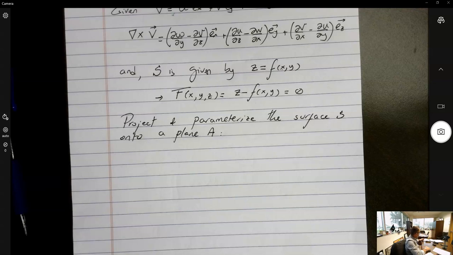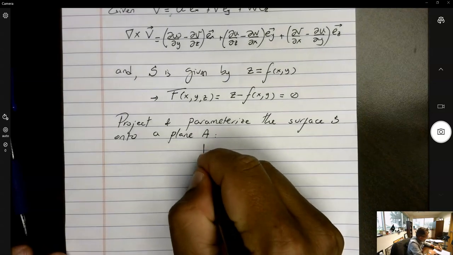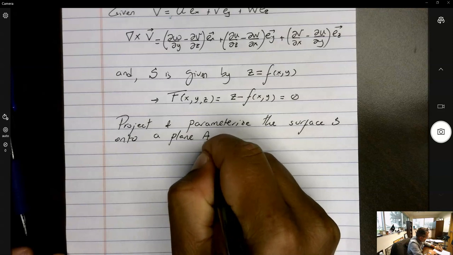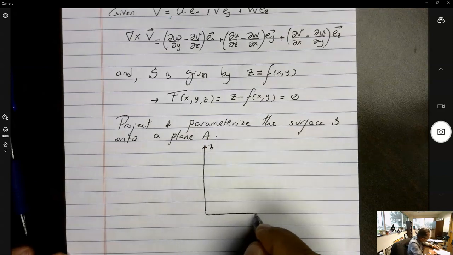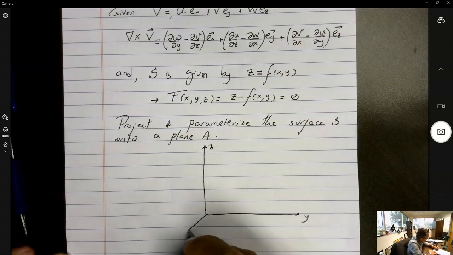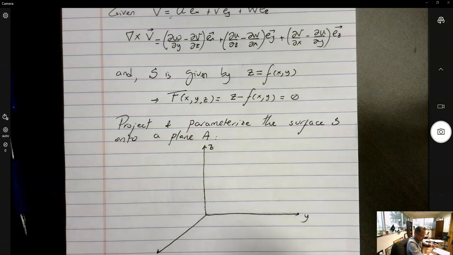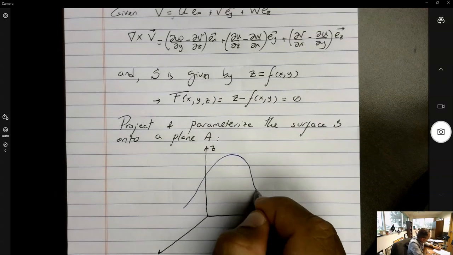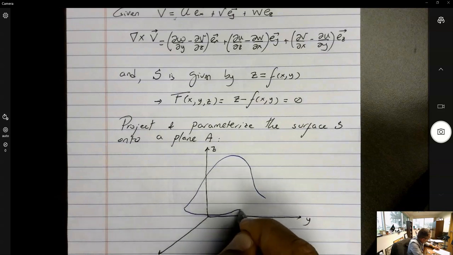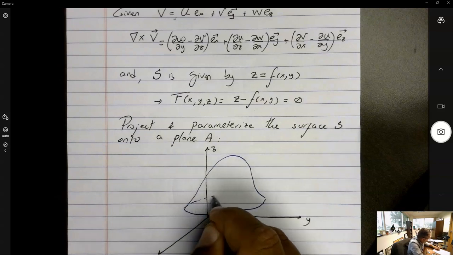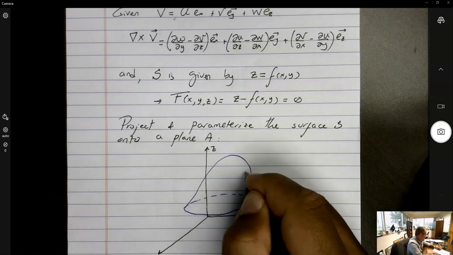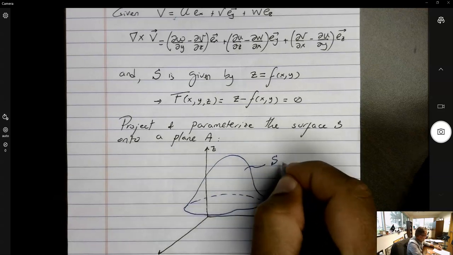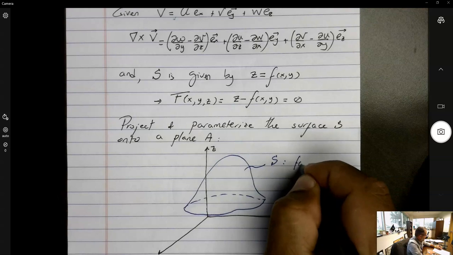And the way that works, let's start by defining the Cartesian coordinates here, y and x. And let's say again, this is the surface, and we have the surface S, and this could be highly irregular, whatever is defined as f of x and y,